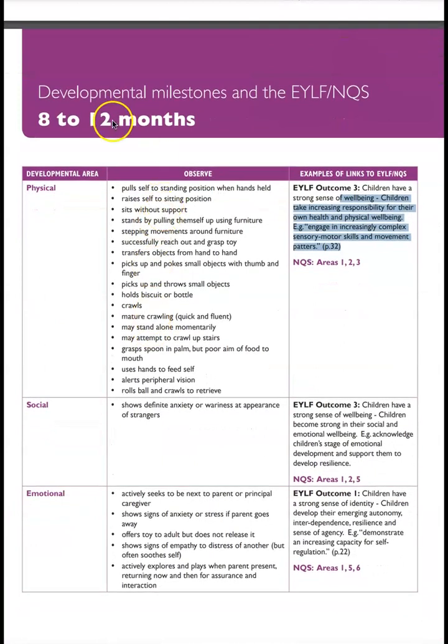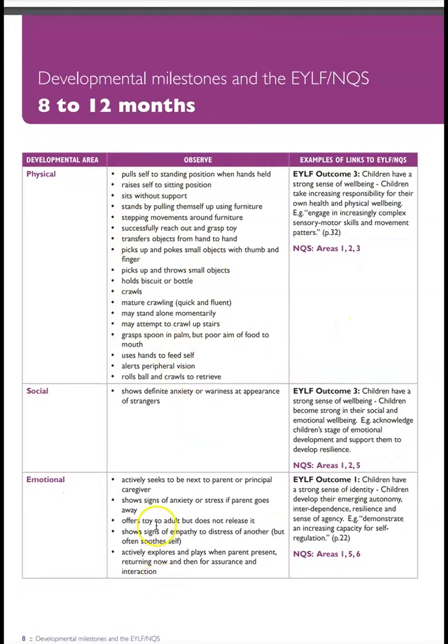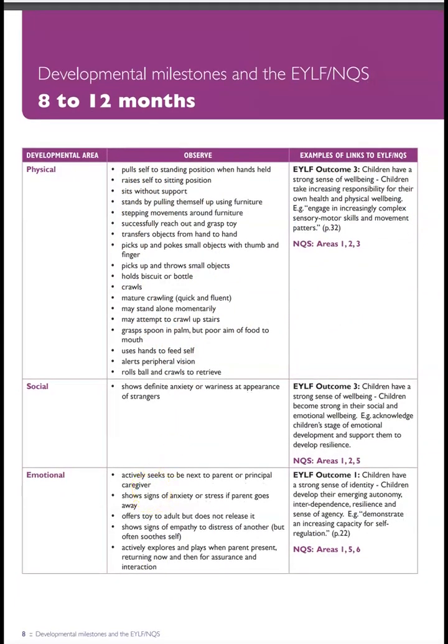So that's on the borderline, this age group and the next one. We can find out where the child sits developmentally, and we can find the relevant words for describing that. So since the child is able to feed himself, so hold the spoon, we can look at successfully reach out, grasp toys,